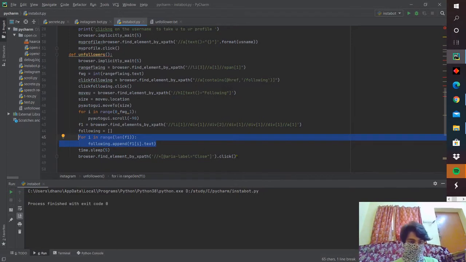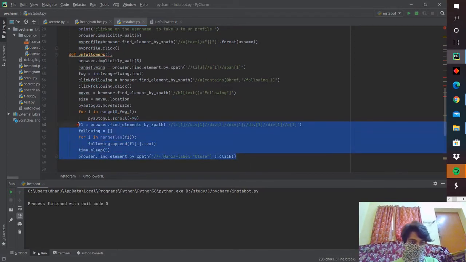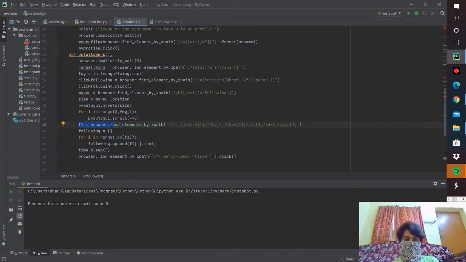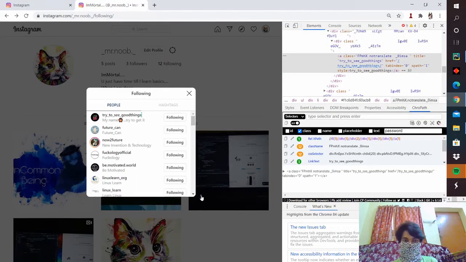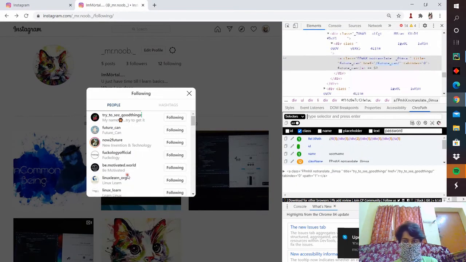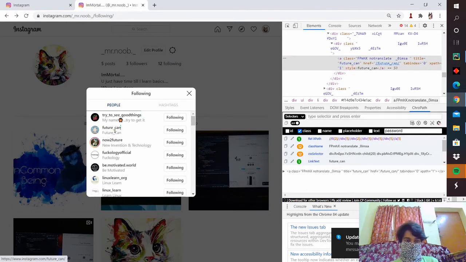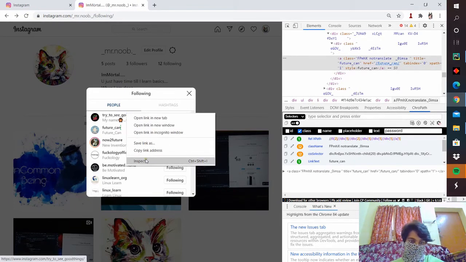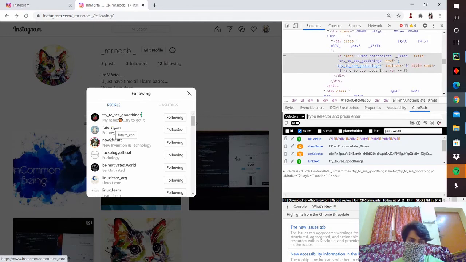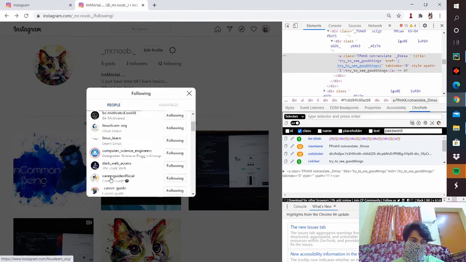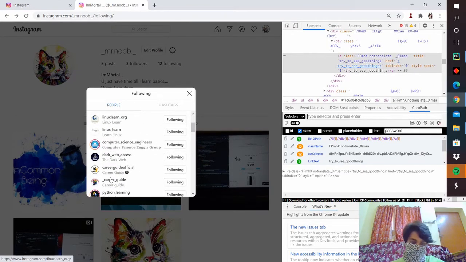So the next are these lines. So this line means find the element. So you can see the same URL. These usernames are combined and come under the same class. So I'm getting the class name, because it doesn't make any sense if you again and again click and inspect and take every username. So we can take every username in one click by taking the XPath of the common class.